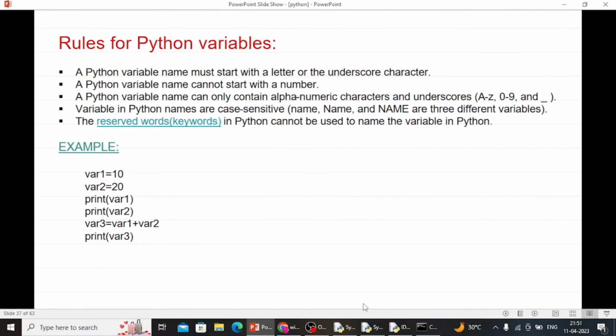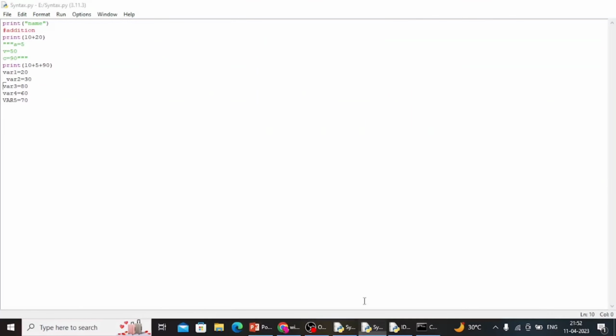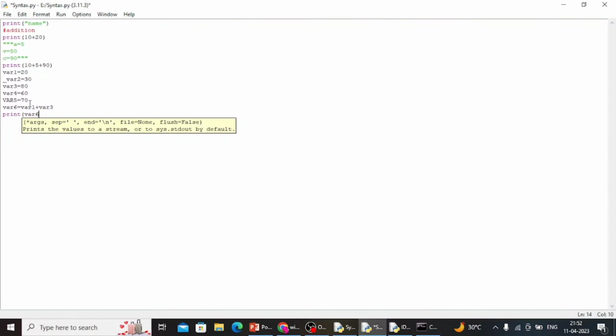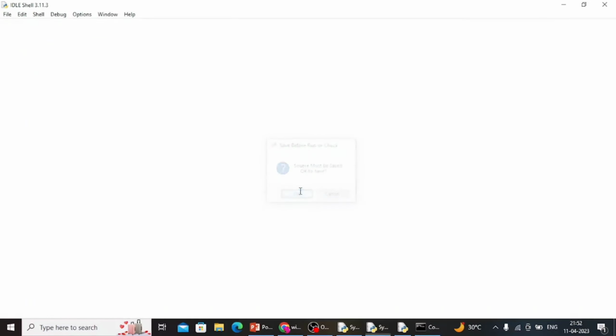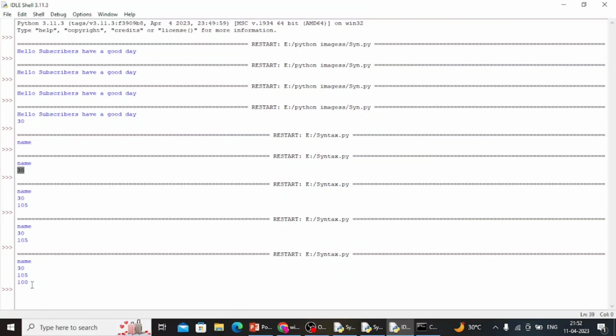So you can perform addition, subtraction, multiplication operations on variables. Okay, let me show you. If you want to perform an addition, then create another variable as var6 equal to var1 plus var2 plus var3. Okay, then you should print the variable var6. Okay, like this. Then you should press F5 to run it. So here it is. It prints the addition of var1, var2 and var3. Okay,